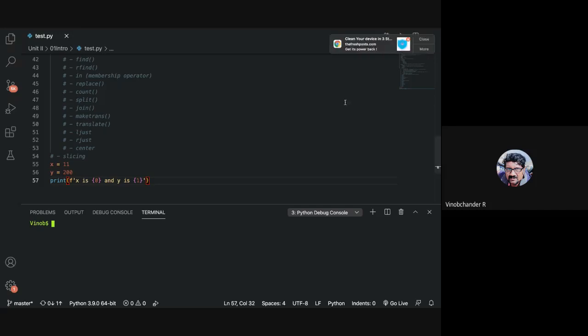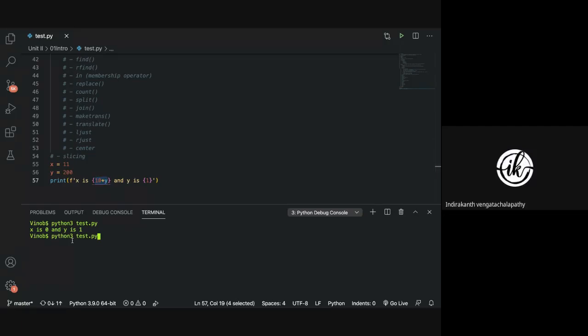So what will be the output here? x is 0 and y is 1, right? So you can place expressions inside there. Yeah, you can specify expressions. In this case, whether this will work, this will also work. So what will be the answer? Sir, x is 210.